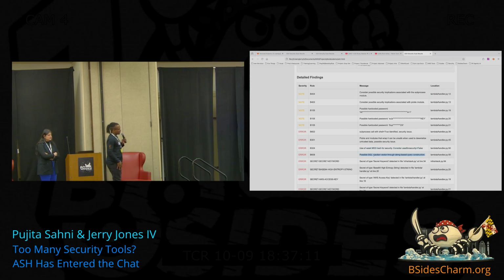Point is that this was easier for me. I ran one line of code. It worked for a little bit. There are a ton more tools that are available in a container. If you want to run that, we can get into that. The point is that you can manage 13 tools on your own, have them whitelisted, maintain the versions, and learn how to use them and write the command lines. And that's a ton of effort that I personally don't want to do. I want to learn one. And Ash really is a powerful tool to have all of that wrapped into one single place.